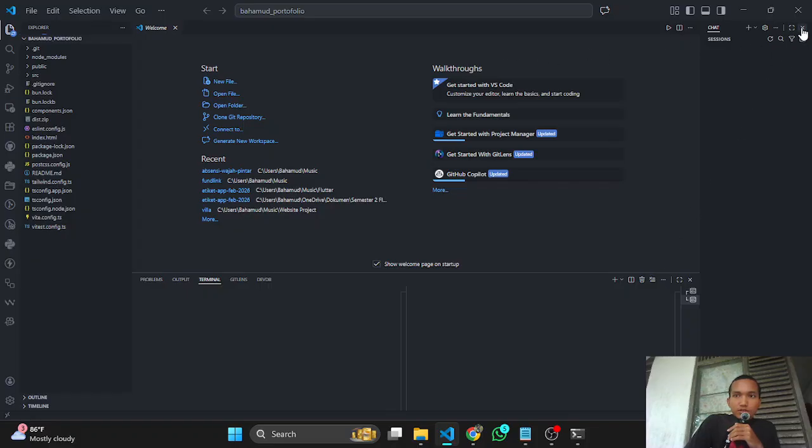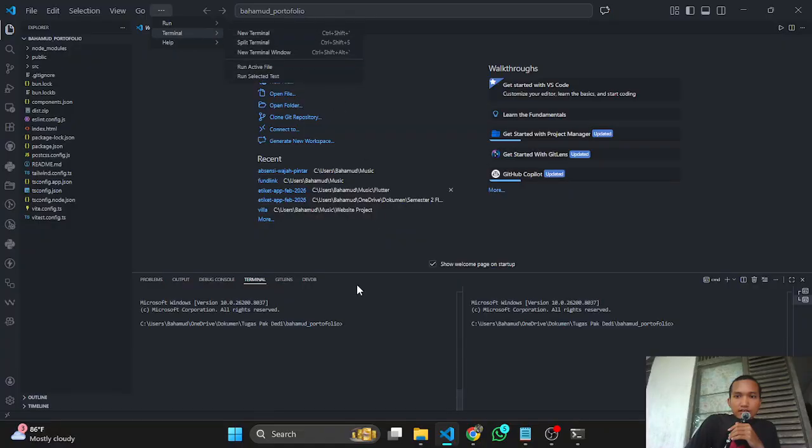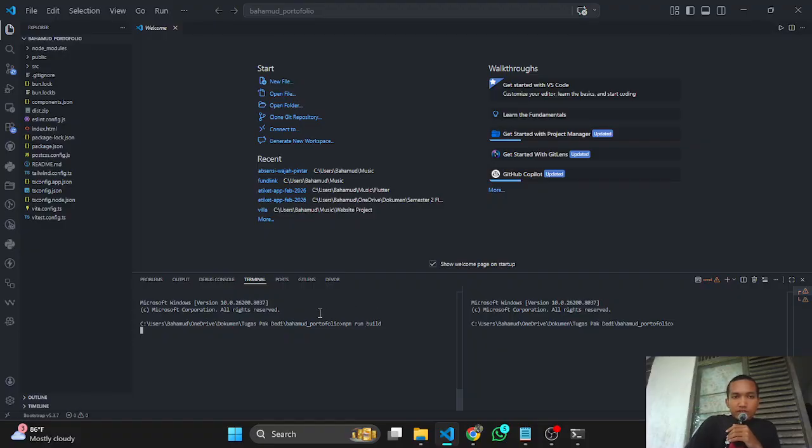So you go to the terminal, or from the bottom of the window, and just type npm run build. npm run build basically makes a new folder called dist.